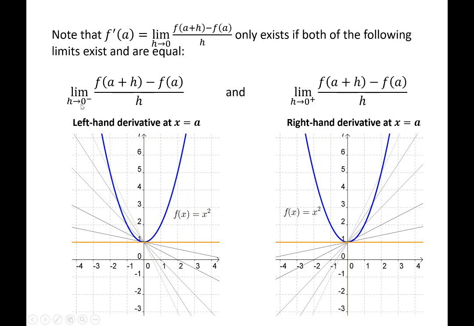So if we're looking at the left-hand limit, h is approaching 0 from the left. And when we write a plus h, that's going to put this x value that we're plugging into the function a little bit to the left of x equals a. So in this picture, for the left-hand derivative, a is 0 and h is approaching 0 from the left. So we're taking 0 and we're adding a negative number to it, which moves it over a little bit to the left. And then computing the slopes of those secant lines as h shrinks to 0,